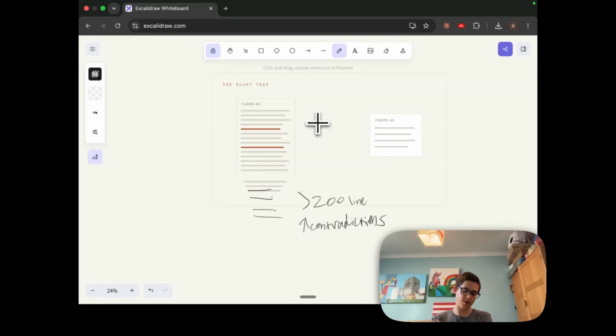I remember at one point, I had essentially just kept saying, oh, add this to the Claude.md, add this to the Claude.md, to the point where my Claude.md was massive and it was eating up loads of tokens every session, and I was going through my usage limits faster, not getting the output I wanted. And so I actually just had to do a session with Claude, essentially saying, all right, let's rewrite my Claude.md from scratch. And so I cut it down to a much leaner Claude.md and got far better outputs after that, especially because I'd also changed some of the ways I was working after getting more experience with